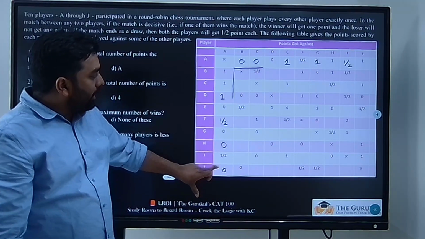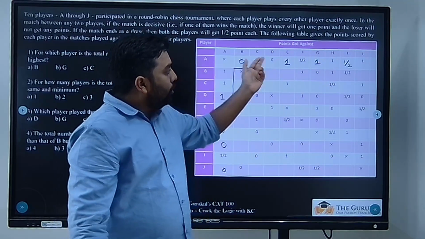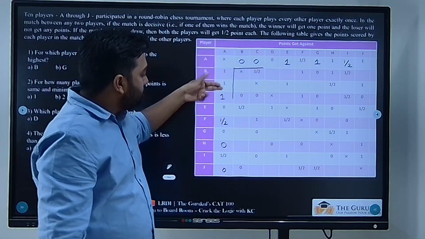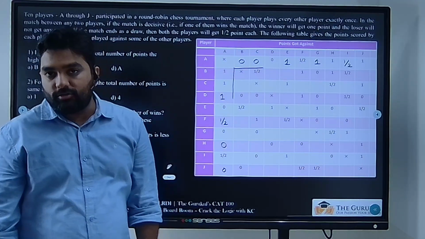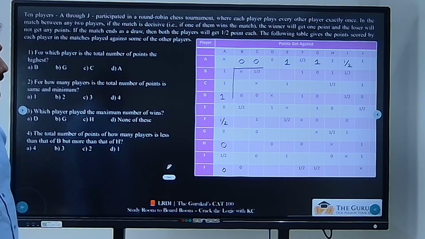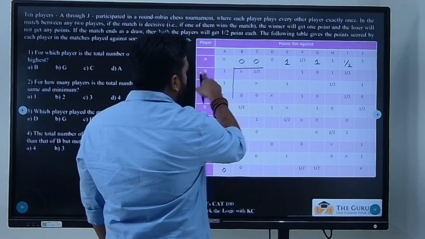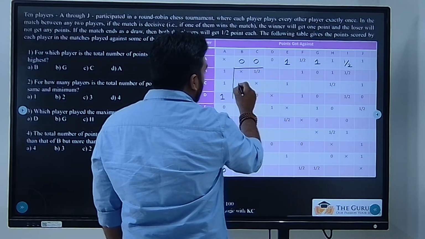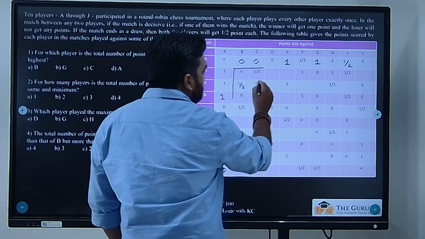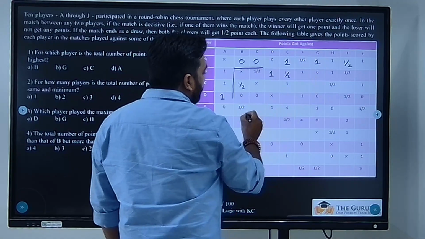This row's values should be complementing your column values. Whatever your row values are, those values should be complementing your column values. Clear? Now try to fill the table. For B, half point here, so half point here, 0 here, so 1 here, half here, half here, 1 here,